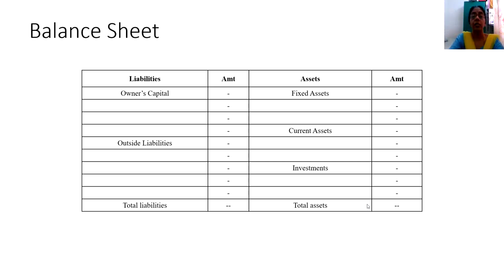Because nevertheless, the total sources of the funds can never vary or change from the total utilization of the funds. If I give you a 100 rupee note to spend or to use, only a 100 rupee note is available with you. So maximum what you can do is with 100 rupees. So naturally, the total of the sources of the funds must be equal to the total utilization of the funds. So this is what we understand by the balance sheet concept.